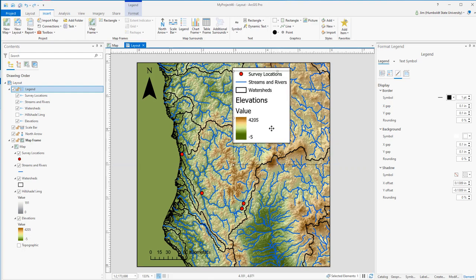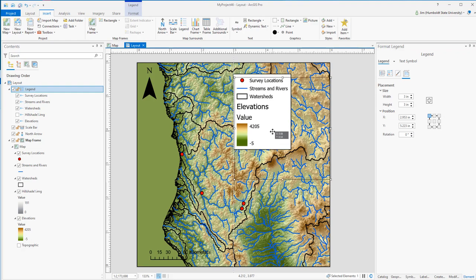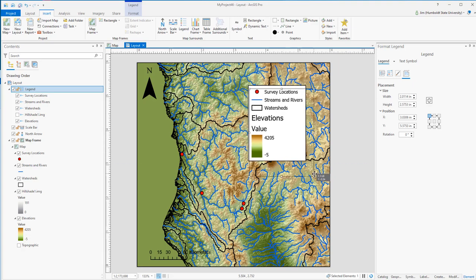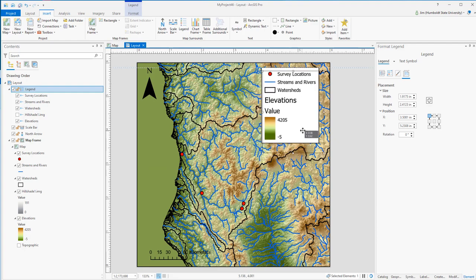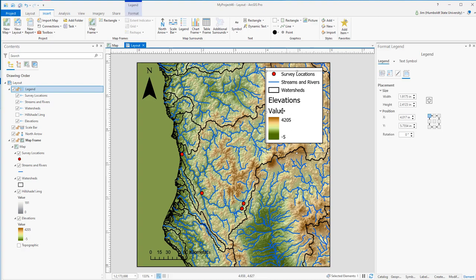Oop, didn't want to rotate that. Didn't even know I could do that. And it appears I've lost the ability to size this. Okay, see if we can go in here and size it. Nope. It may be broken, because I was going to tell you a little later, I have broken this repeatedly in getting ready to do this video. Yeah, it's got some maximum size that it's working from. Okay, so we're going to call that pretty much good, except